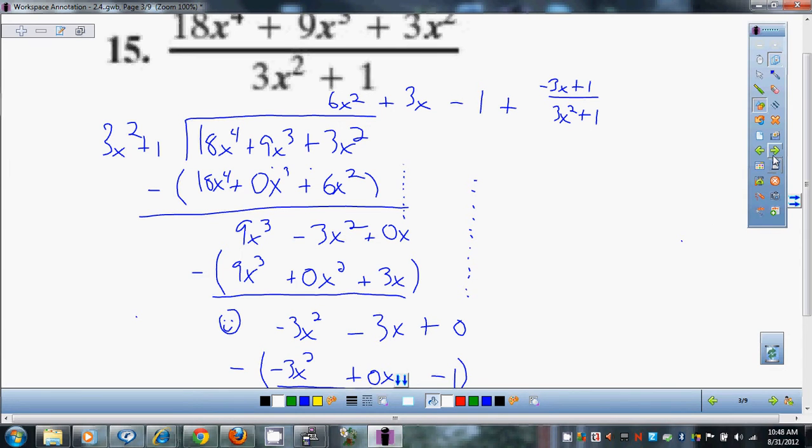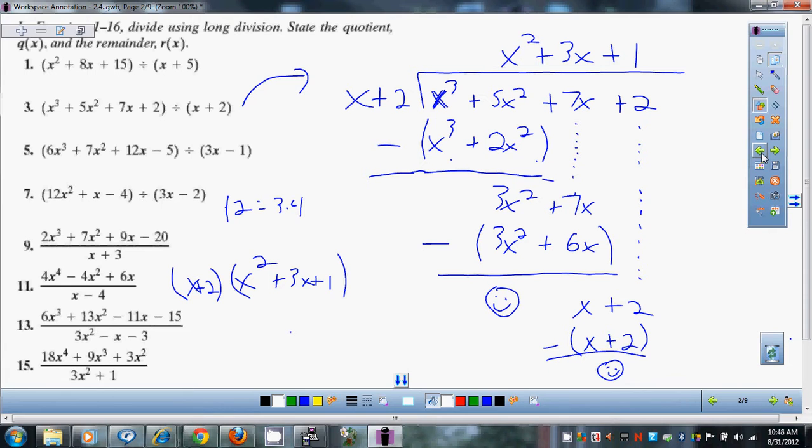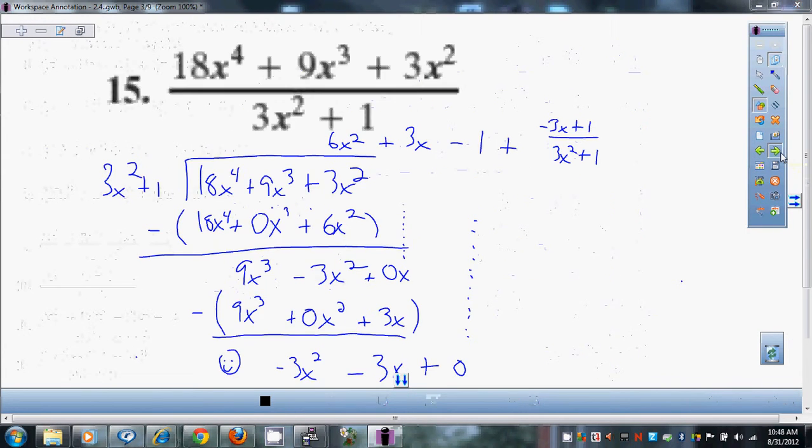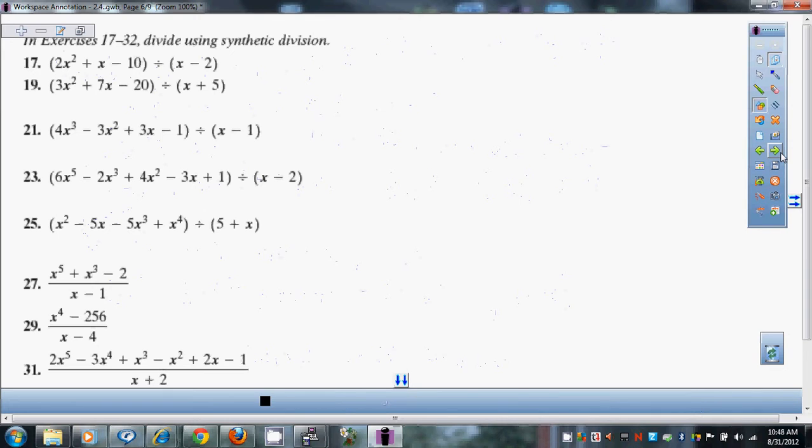Okay, now, if you are so fortunate to have to divide, like on number 1 and 3, see how it's just a binomial, x plus or minus a number? Just x plus or minus a number. If you have something like that, then you can divide them using synthetic division. Please notice all of these are just x plus or minus a number. Synthetic division,